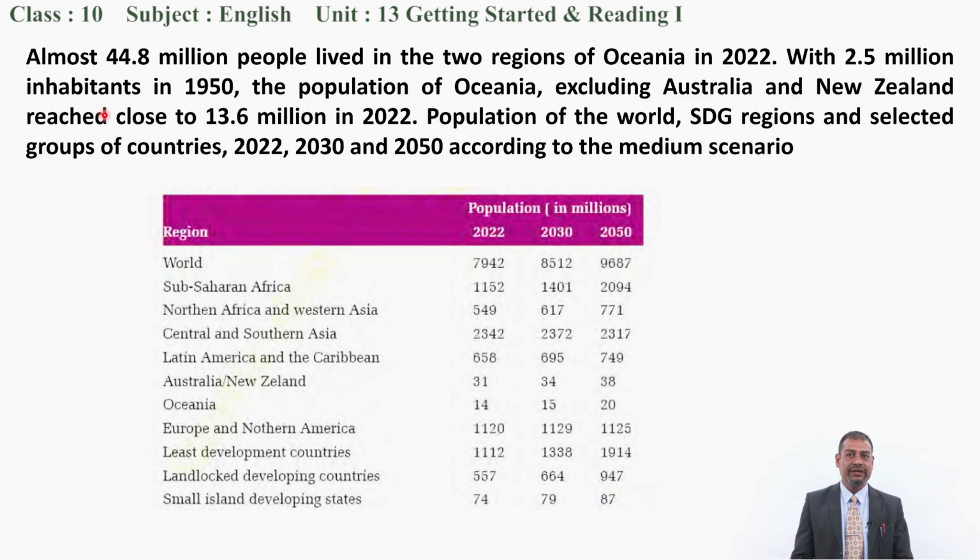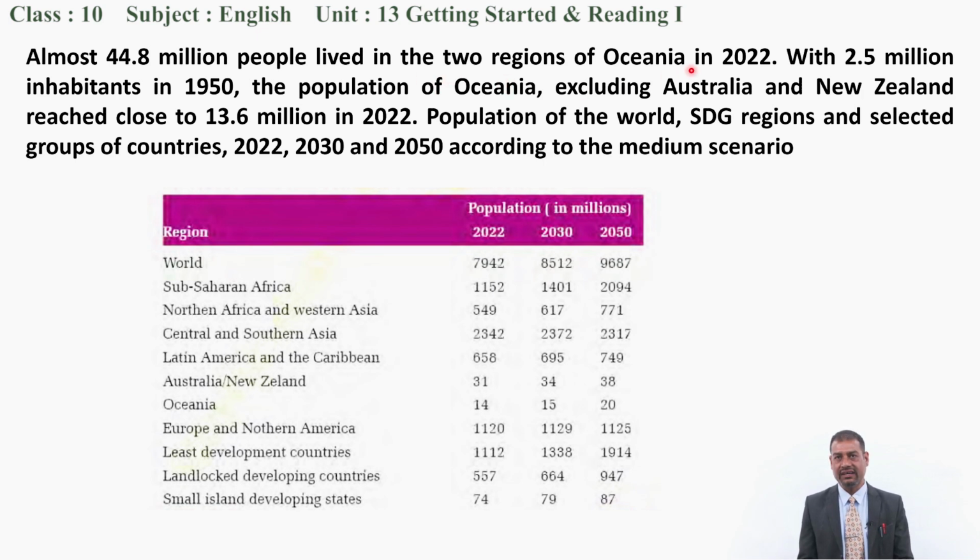Before this, you just read it now. Almost 44.8 million people lived in the two regions of Oceania in 2022, with 2.5 million inhabitants in 1950. The population of Oceania, excluding Australia and New Zealand, reached close to 13.6 million in 2022. Population of the world, SDG regions and selected groups of countries 2022, 2030 and 2050 according to the medium scenario. So this is what you can find, 2.5 million inhabitants in 1950, where you can find in the two regions